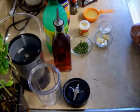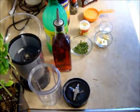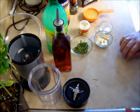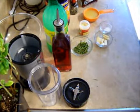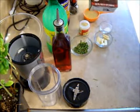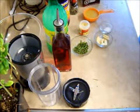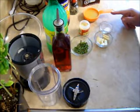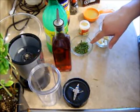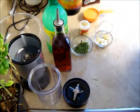Alright, and so here is the final dressing, and this is a garlic basil vinaigrette, and this one actually has vinegar in it. So your ingredients are 1/3 cup of low sodium chicken broth, and I use the organic chicken broth. 1/3 cup of that. Then you need 1.5 tablespoons of fresh chopped basil, and then you will need 1 tablespoon of MCT oil,